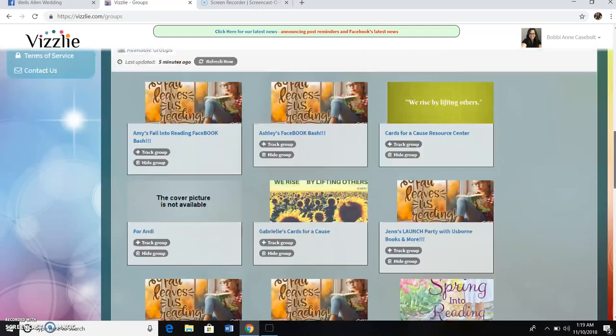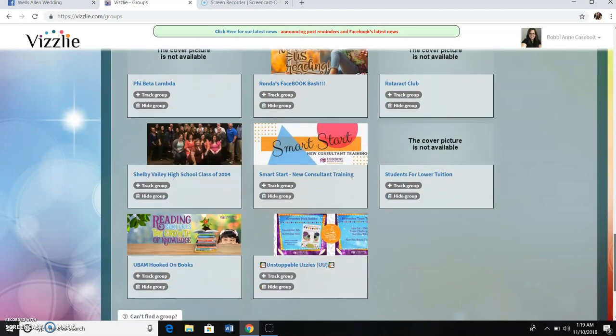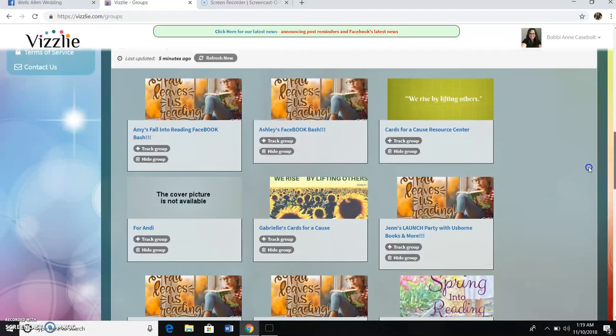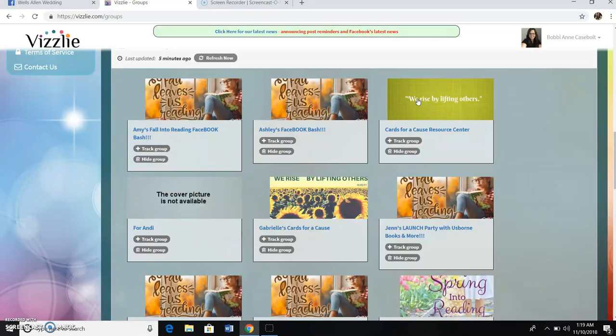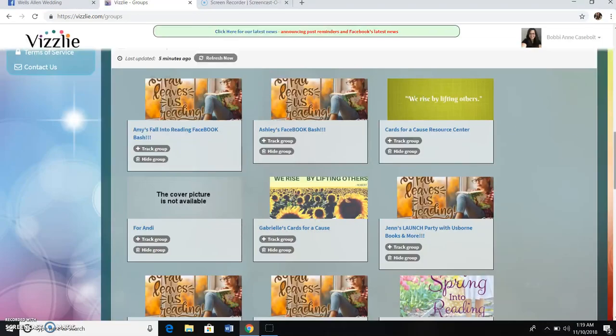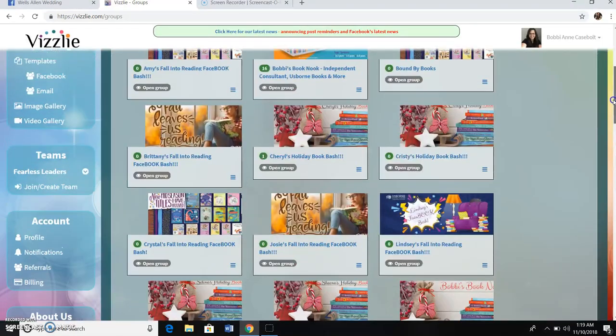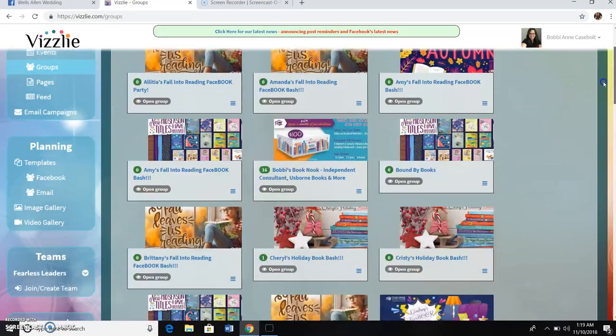And you would click track group. Trying to see if there was any I wanted to track right now. You'll click track group and it'll ask you again to make sure. I'm going to click no right now because I don't want to track a different group, but you would click yes. So you'll click yes, and once you do that, it's moved up here to the tracked group section, meaning